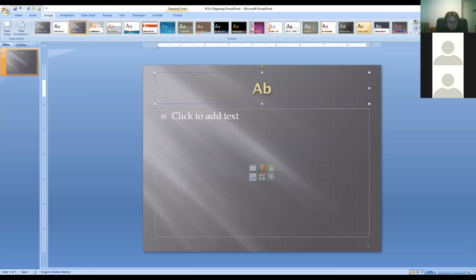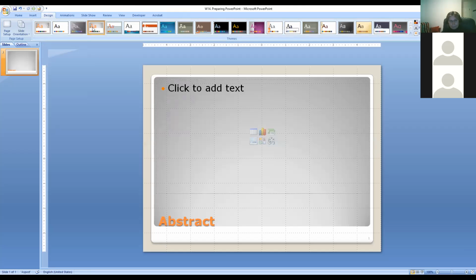So let's say we have a title. So we have the word abstract, okay. I would suggest against darker backgrounds because they don't look so good in Zoom. It's much better to stick with lighter background, but certainly you can change other things. So here is the one where the title goes at the bottom.